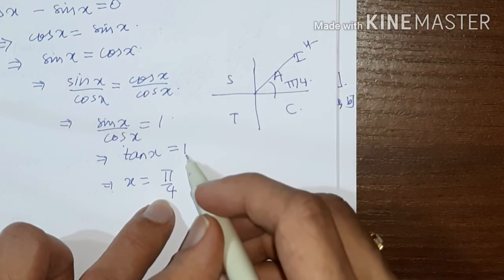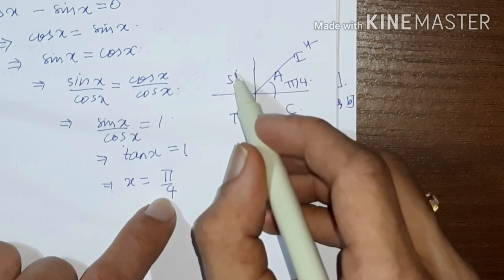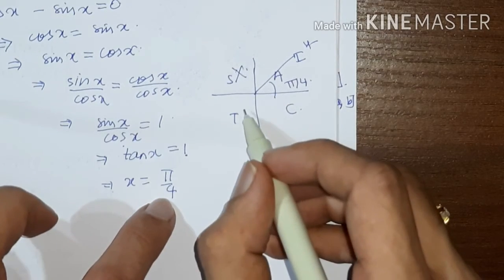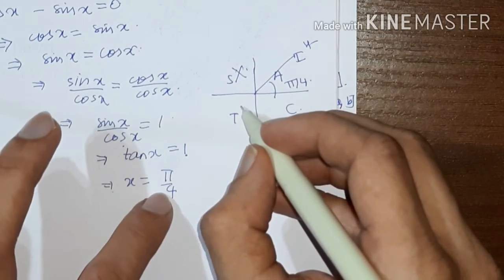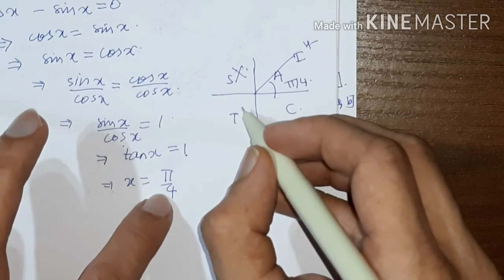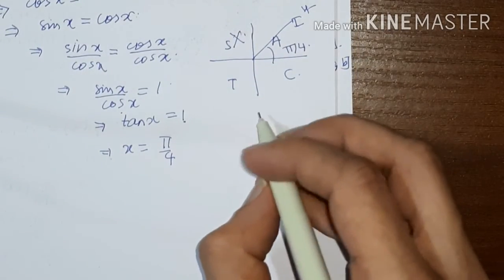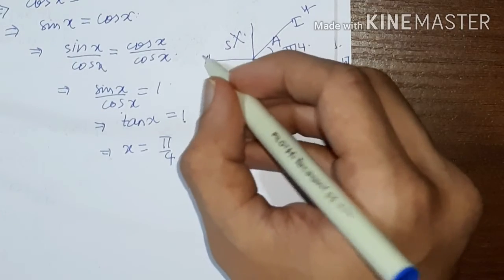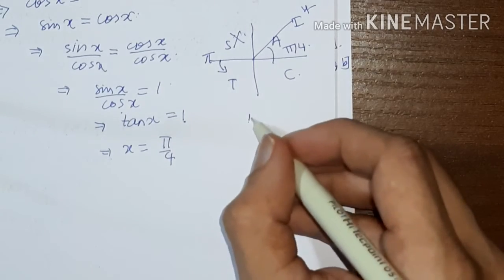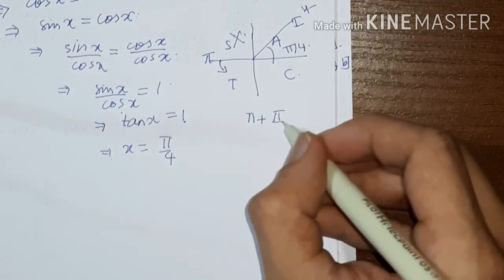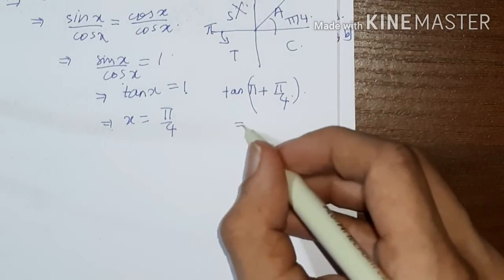And all are positive, so you are getting plus 1. Now if you look at the second quadrant, here tan is negative, so this quadrant we don't have to look at. Here in the third quadrant tan is positive, so this quadrant we have to look at. Now what is the value of theta at which tan is 1? That we have to find out. If we call this pi and go plus theta, what theta do we have to go? Pi by 4. Now we look at tan of pi plus pi by 4, which is equal to what?